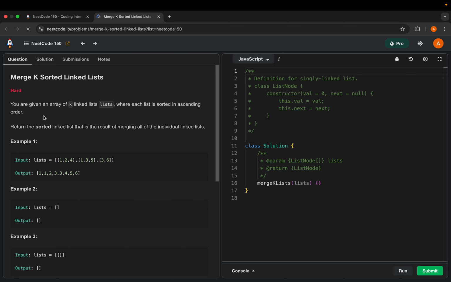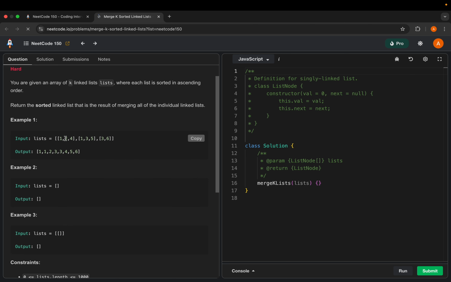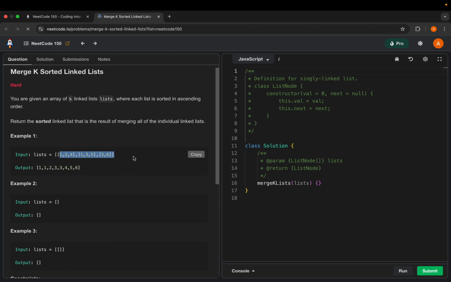That is a LeetCode hard question, and it is relatively much easier. Basically we are given multiple lists here, and this is already merged individually. We have to create a big linked list that will have all of them. So what we will do here is,